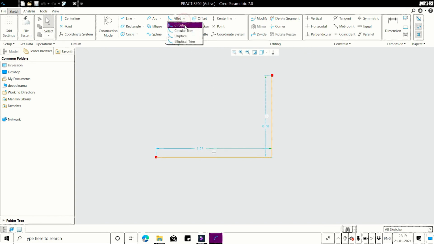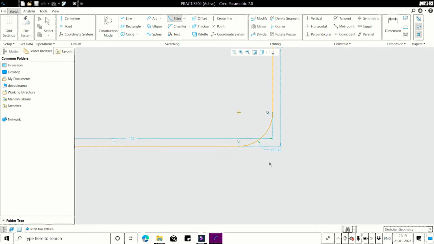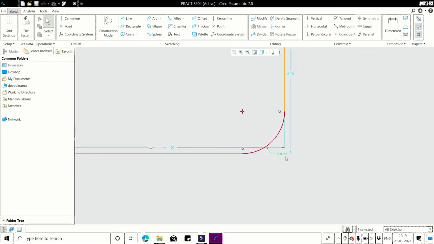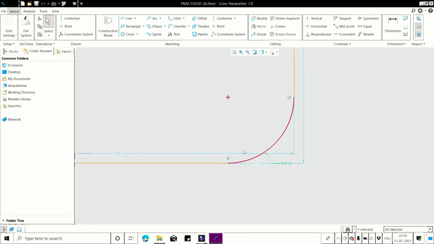So the second option is circular trim. Click on the first line, click on the second line. I will give it as 0.2. See how the second option is to be used.